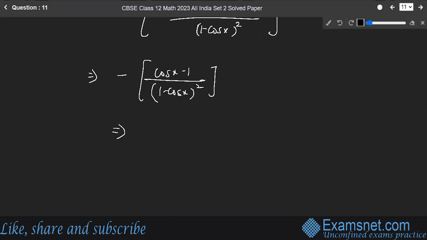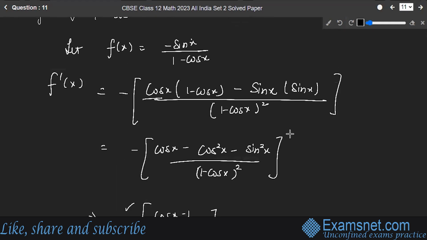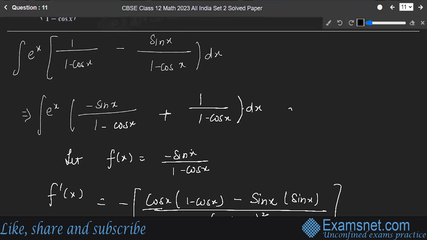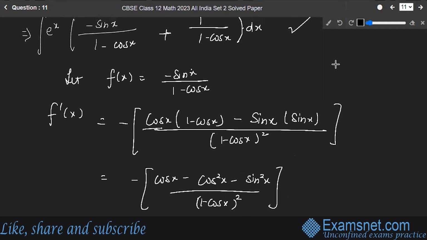Or you can write it as 1 minus, because there is a minus outside, right? I'm utilizing it here. 1 minus cos x, 1 minus cos x whole square, that's equal to 1 minus 1 upon 1 minus cos x, right? Now, the given integration, this is of the form, I'm using 1 over here,